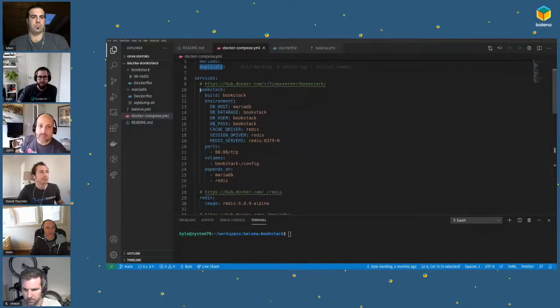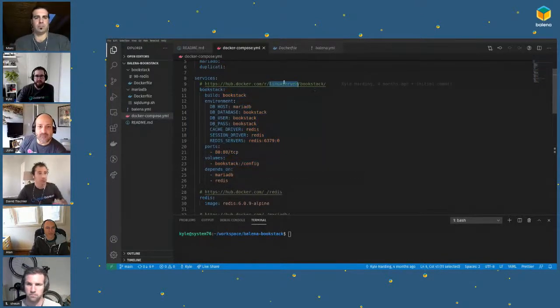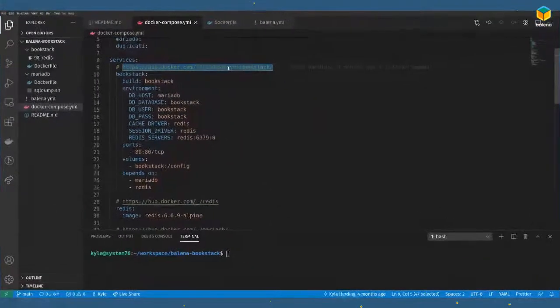Here's the main service here. This is the Bookstack application. I am using this public Linuxserver-maintained Docker image as a base. I do have a slight modification to it, which I will show you in a second, but I didn't build this image from scratch. It is being maintained by Linuxserver. These guys make a lot of Docker images. They're very reliable. They're very stable. They get a lot of updates. I trust their stuff. So it's nice to be able to point to something, if balena doesn't have a base image for me, that I can point to